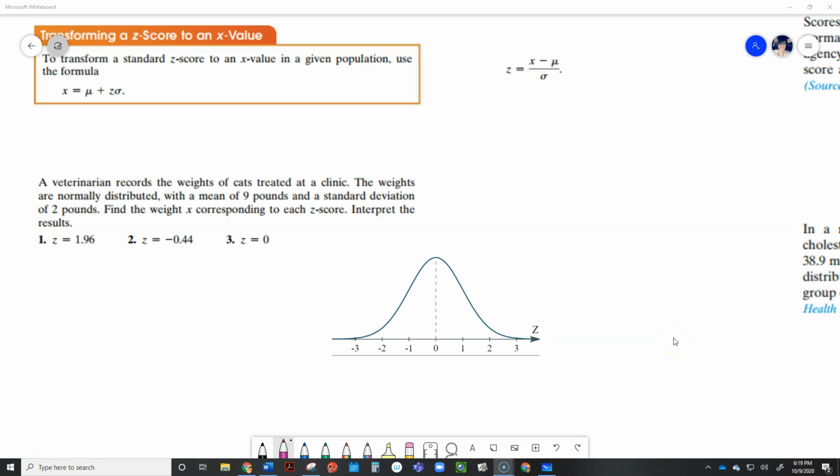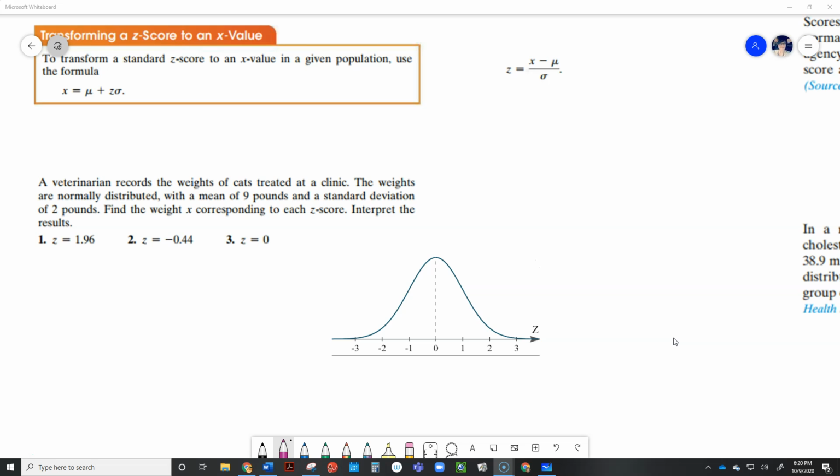All right, so the next thing you're going to have to be able to do is take a z-value and find an x score for that known z-value. Remember, z-values go under the standard curve, but the mean is understood to be 0 and the standard deviation is 1. But when we have real world situations,